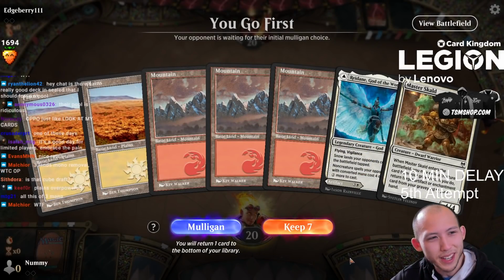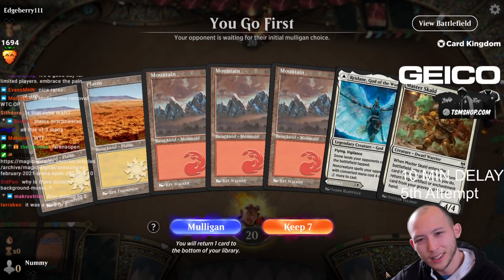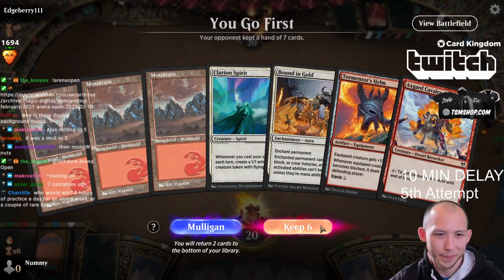I don't think you can keep this hand. I have way too many 1-drops and 2-drops. And I don't want to be running that as a creature, usually. Okay. I mean,